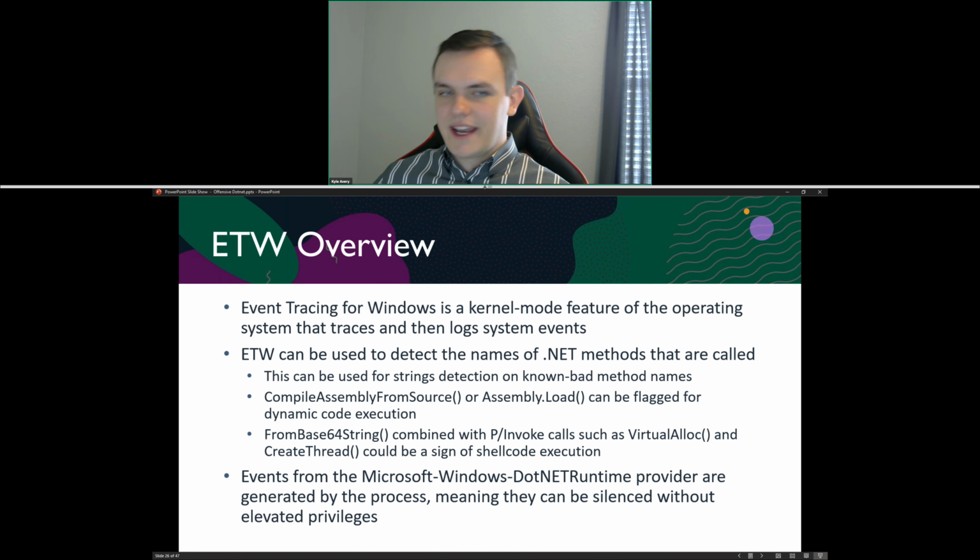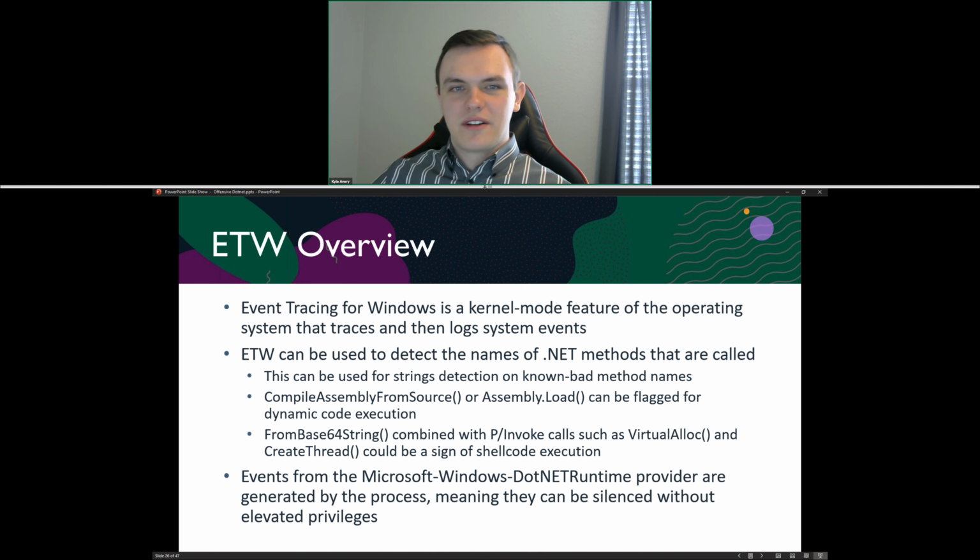And so you can imagine if I execute Seatbelt, it has Seatbelt as the namespace. The class name is Seatbelt. That's going to be in there, very obvious. Maybe a better example would be if I ran the Bloodhound collector, it's going to have Sharphound 3 in the name, which is almost certainly a malicious program, right? There's not very many other people that are naming their things Sharphound 3. So